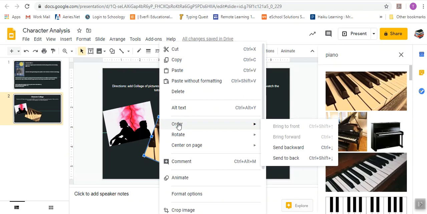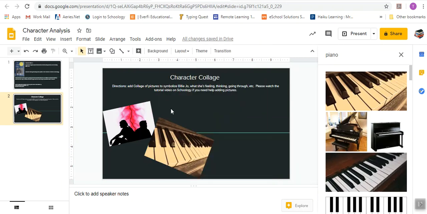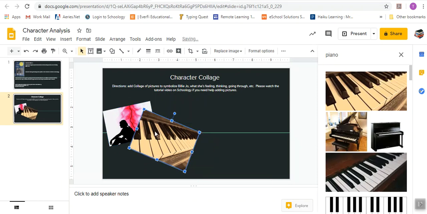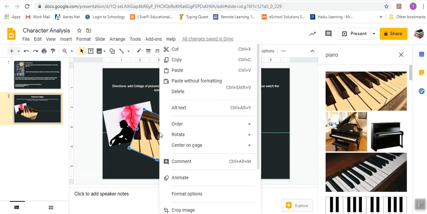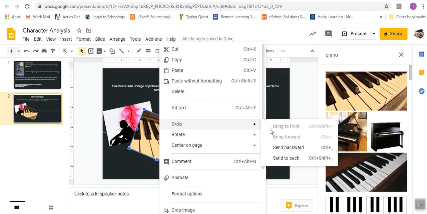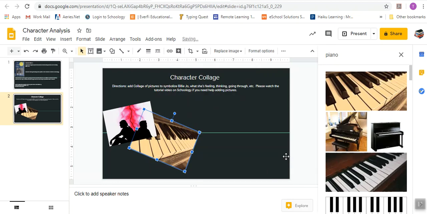Maybe I want to, so see, it's going to go in order where I place this one first, so this one's going to be basically that back layer. Everything else I put down, it's going to stack them as if we're kind of like throwing down pieces of paper or cards. But if I want to reorganize that, I can right click this and go to Order, and I can send this to the back or backward, right? So I think backward's one layer, back is completely the bottom, right? And so now it's sort of the bottom photo, okay?